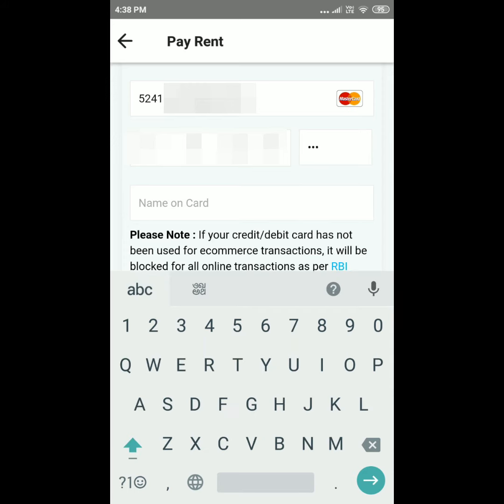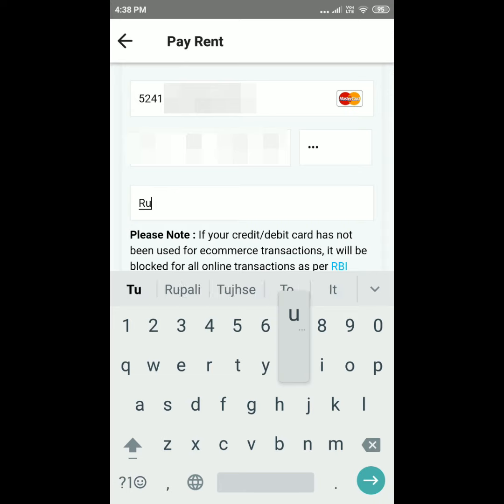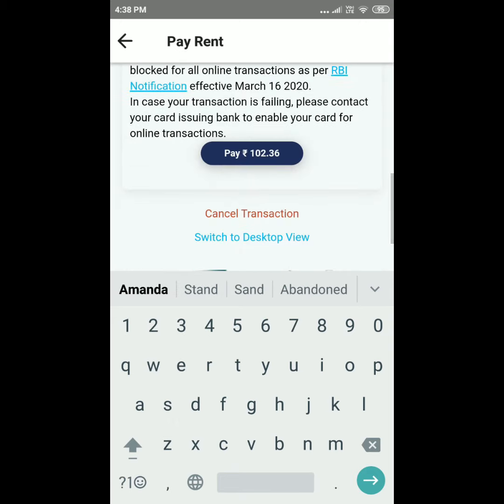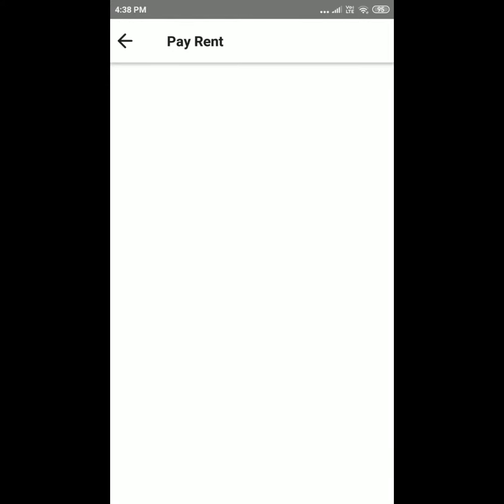Right? And now they are asking me to enter my name. I'll be entering my name here, so that the rent gets transferred to my landlord's account. I'll be clicking on pay rupees 102.